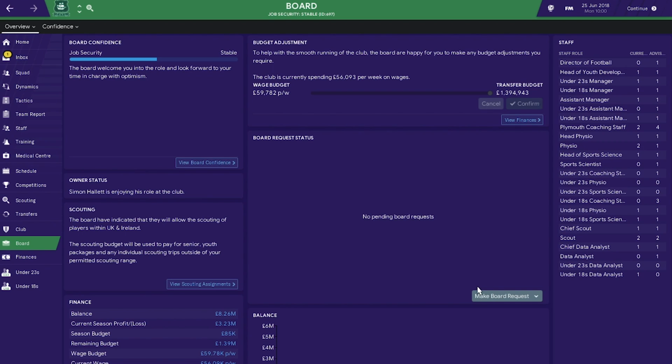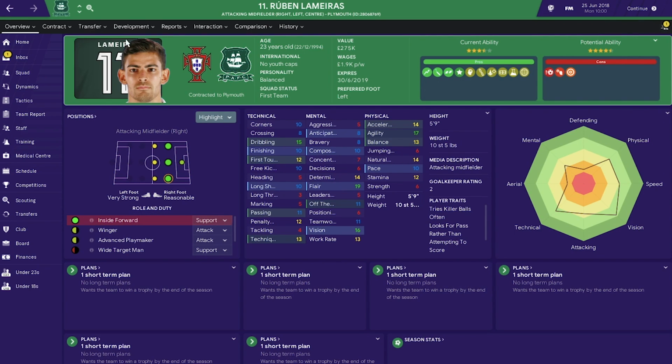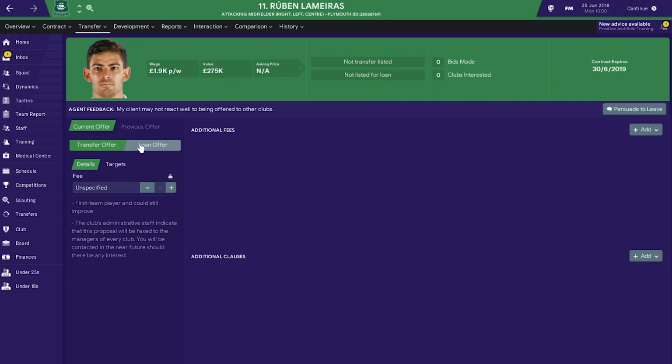You can also put sell-on clauses into your players, your young players who go to bigger clubs, for instance, in the future. Add that 50% sell-on fee, because when you do that, and I'll quickly show you, for instance, Ramirez, I mean, I'm not actually going to sell him, but if I was going to, you've got these options down here: potential profit of next sale and potential percentage of next sale. From this, you could go up to 50%, and a lot of the time the big clubs will just go,